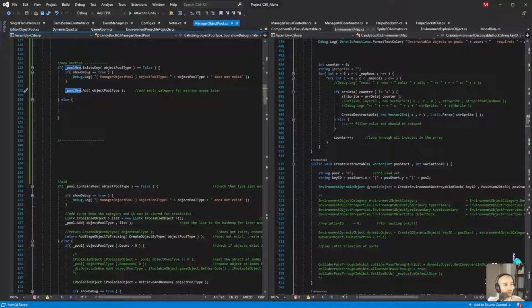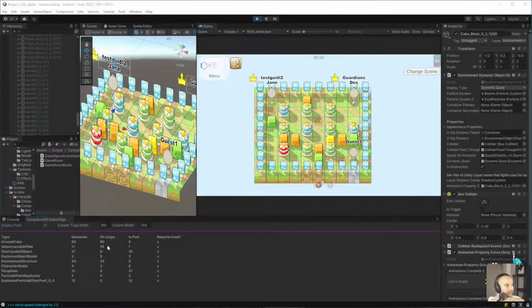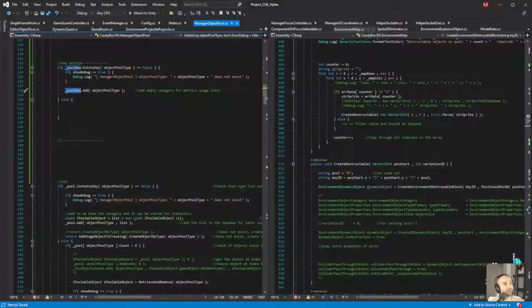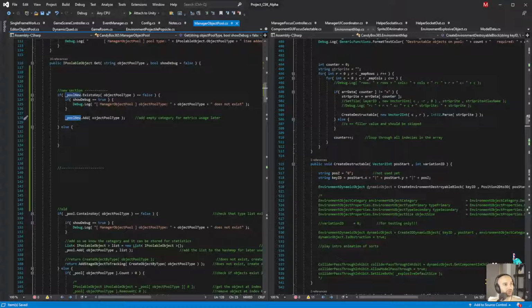So in the tool that I have, which is this little tool here, it'll show up in this list. It'll show up as 0 in terms of objects in the pool, but it will show up, sorry, this list here, or this tool here, should I say. I just want it to show up in here because I really want to expose this information. It really helps me visualize everything. So back over here, what we do is we create an empty category,